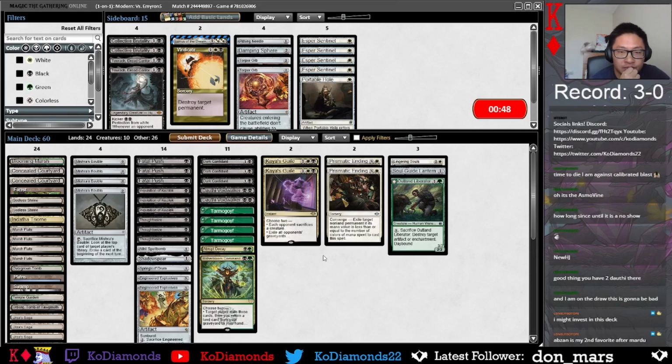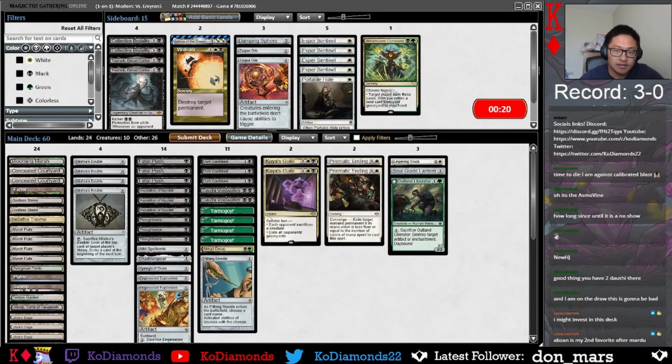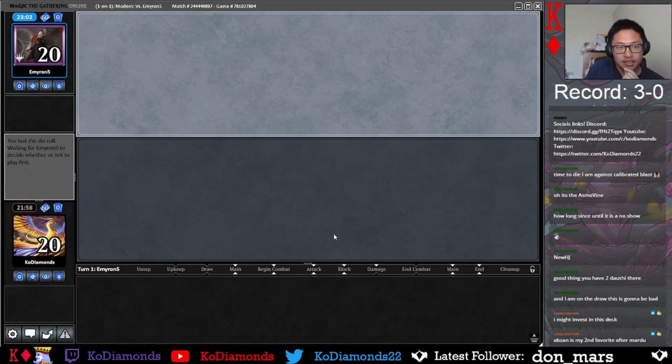And then do we want Vindicate over Witherbloom Command? Witherbloom Command answering a Cookbook is kind of relevant, but we already have Decay and Pending. We could also get Pithing Needle for Cookbook. Or Asmo, too. Let's try that. Maybe Liberator is a loose answer in general, but...